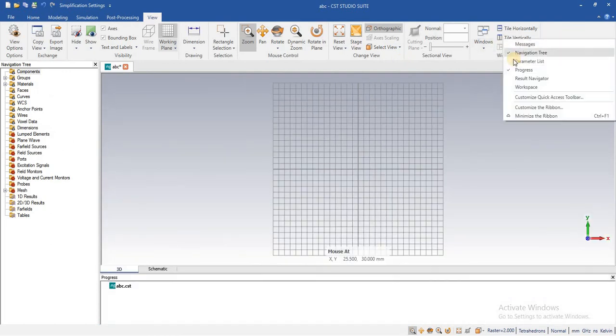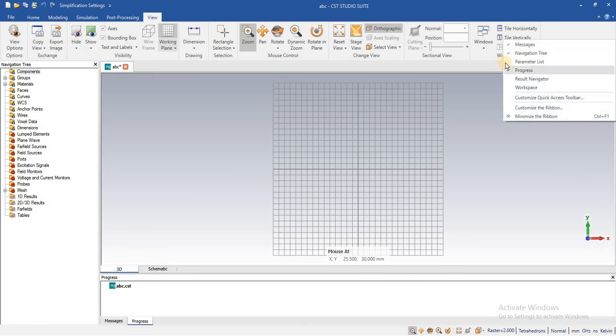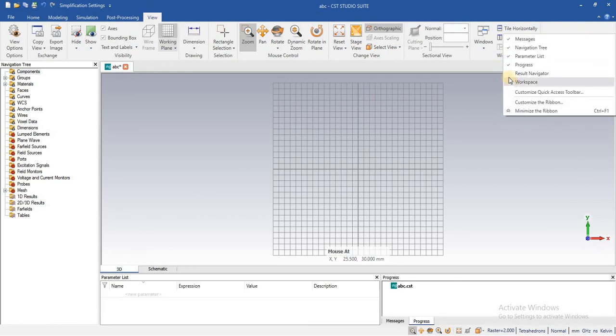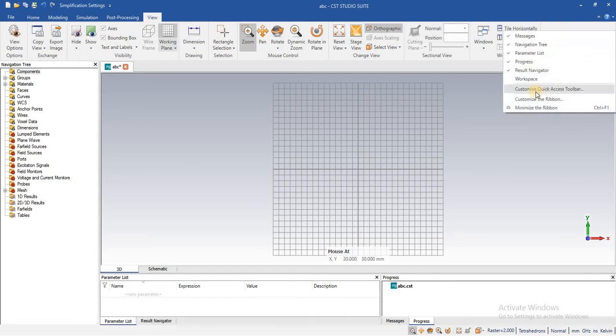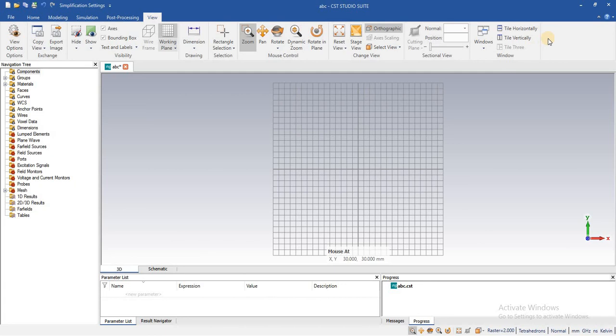Similarly, you can also open the windows that you need. In the coming lecture we will see how we can customize these quick toolbars, and how to adjust the different working commands in a front view.